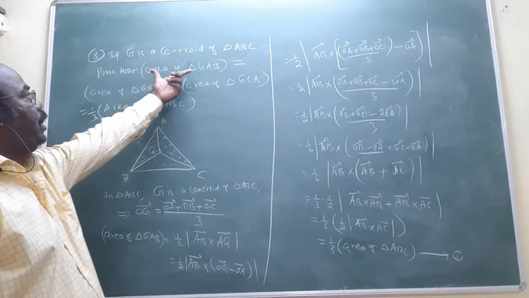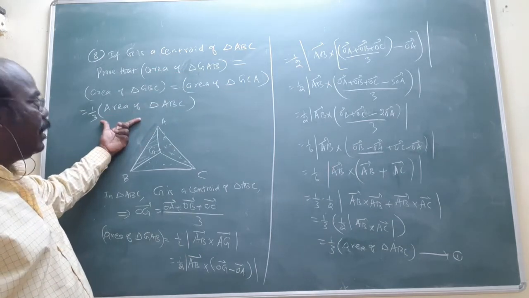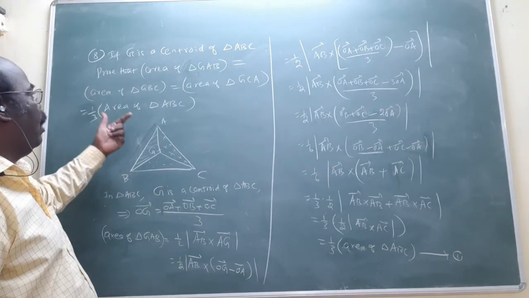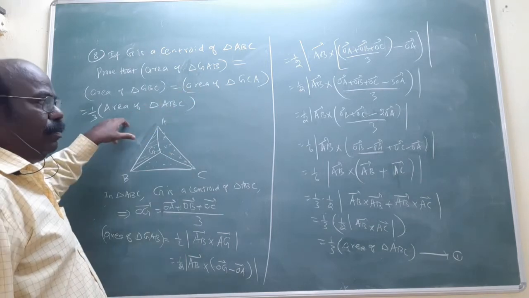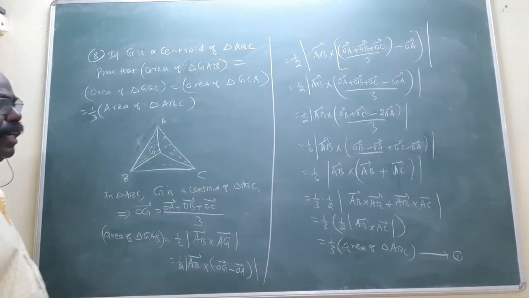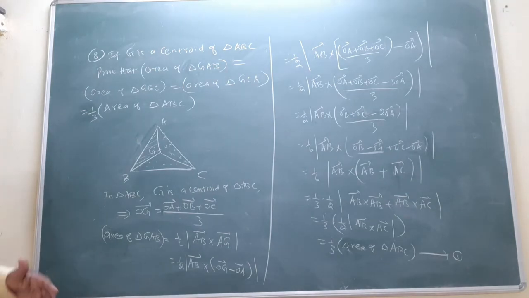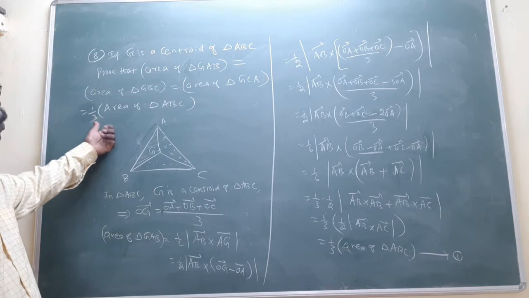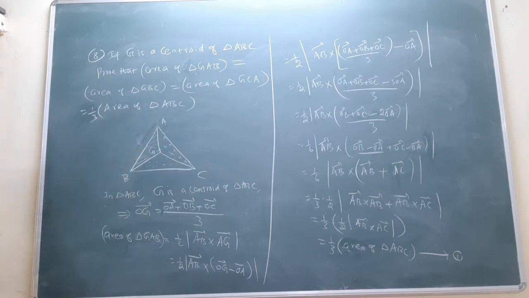Therefore, start with the first one, end with the last one. Similarly, start with the second one, we can prove the last one. Okay, first part over. Next, you will start with the second part. The same concept, you will do 3 times actually, but you will do only 2 times, or otherwise only 1 time, directly right answer. Similarly, we can prove another 2 parts. Combined together, we get the answer. All those 3 will be equal to 1/3 of the area of the triangle. But anyway, I will do the second part also. The third part is only similar. Is it clear?